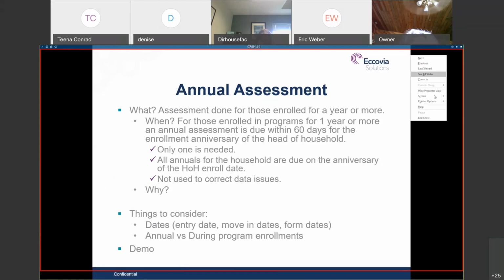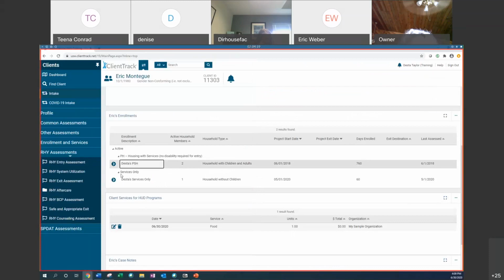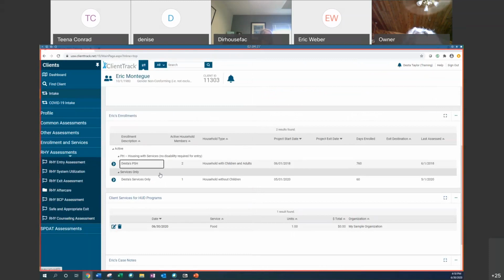Yes. We want to know what their income, what their living situation, what all that stuff was at the time they entered your program. As things change, you can do new assessments or add assessments, but you don't want to change the enrollment unless it's something like Desta said, where they say, oh, hey, I forgot I do have insurance, or I found my social security card and one of the numbers I gave you was wrong, or something like that, where it's a legit change to the information they gave you